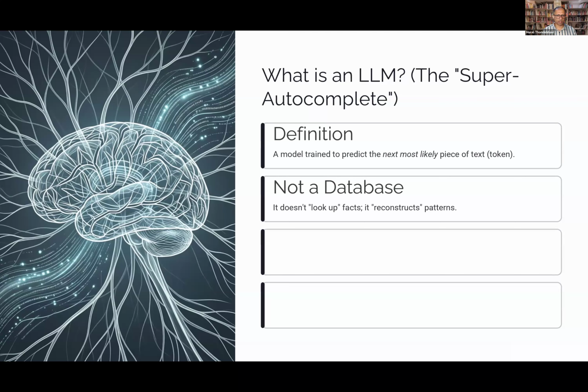So the first thing you need to understand is that an LLM like ChatGPT or Claude is not a database. You're not querying a database, so it doesn't look up facts. Please remember this: it reconstructs patterns. It is probably trained on a database earlier, but right now it is not sitting with a database. It is designed to be plausible, not necessarily accurate. So it is very important to remember this. It is trained for fluency, not for truth.